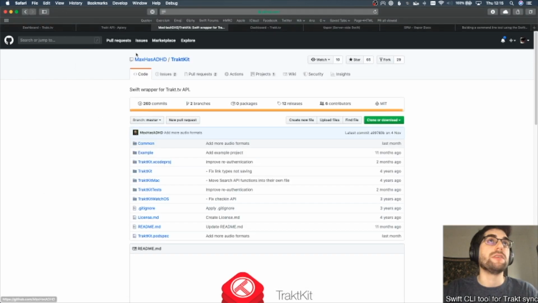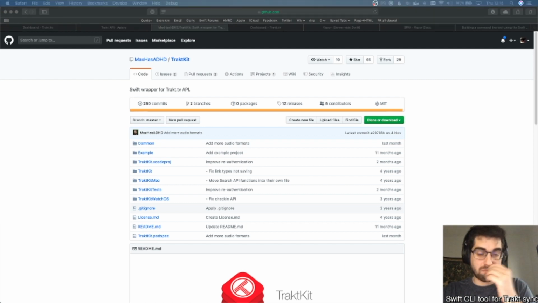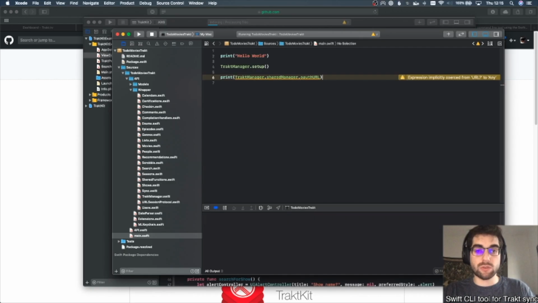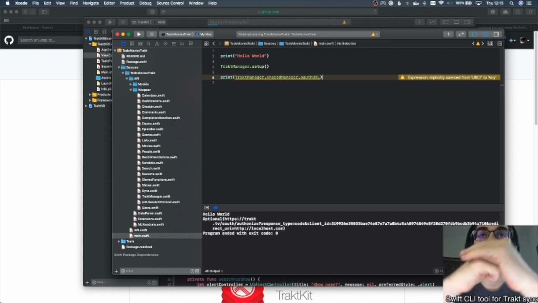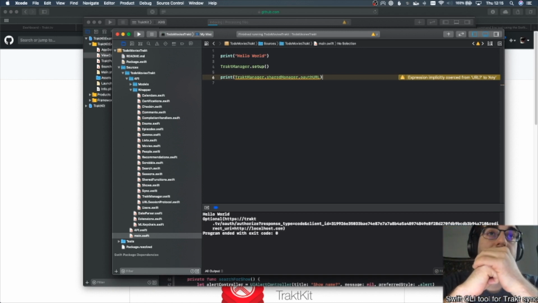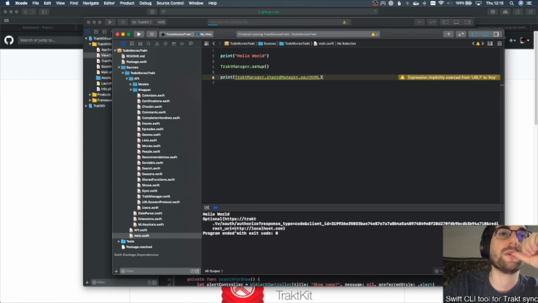We're supposed to have a URL printed here. Although I'm pretty sure I can just go into the Trakt dashboard. There is a button where you can authorize your own user, and it just shows the authorization on Safari and then redirects to the URI you specified, which is basically what this is doing anyway. The trick is that we need to have a localhost. And for that I imported